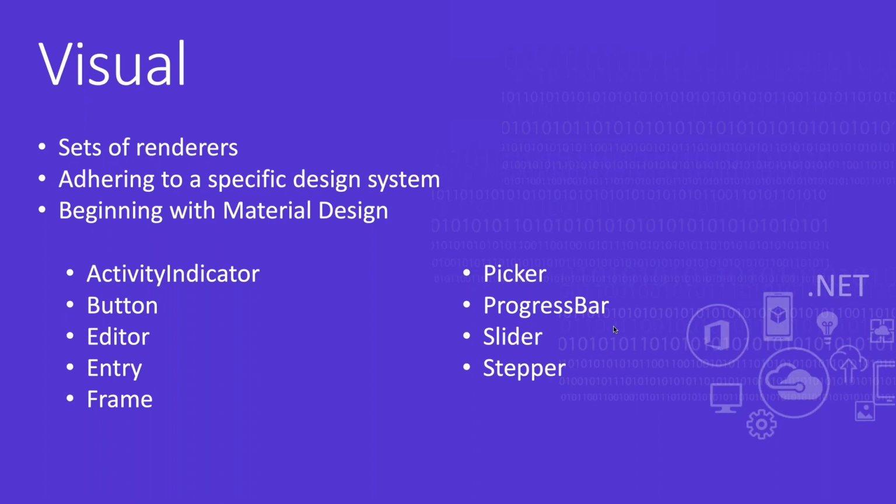And those are not necessarily properties that make sense to put in the Forms layer, because it may be very specific to Android and not to iOS, or vice versa. So this is how we end up creating a whole new set of custom renderers. And so what Visual does, Visual is not the renderer itself. Visual is just an API that allows us to group together a bunch of renderers that can provide that consistent,